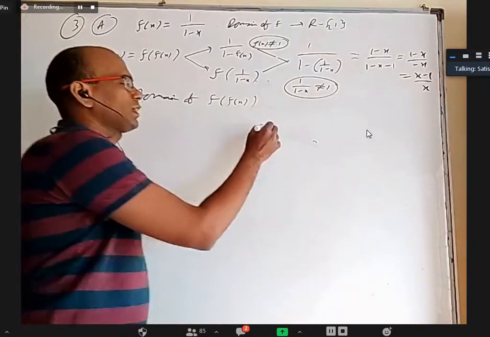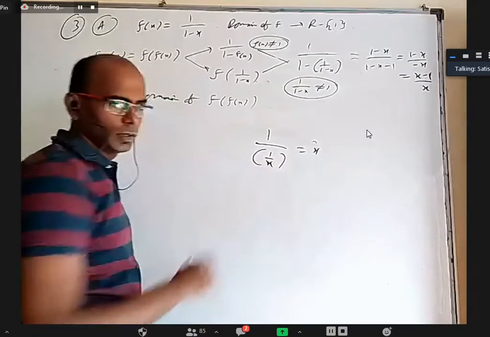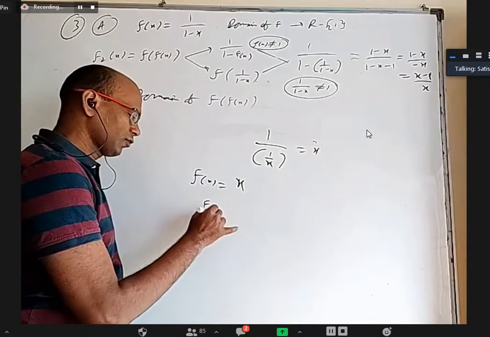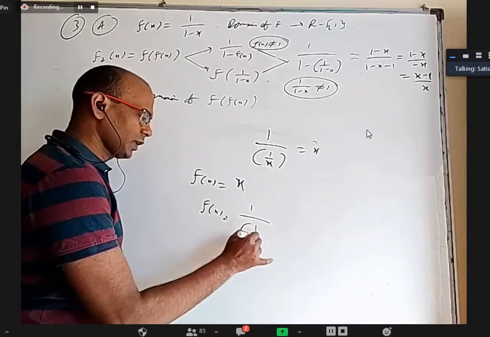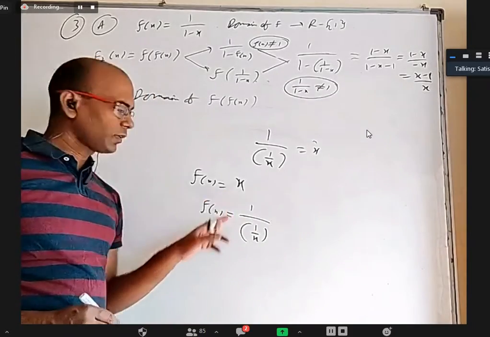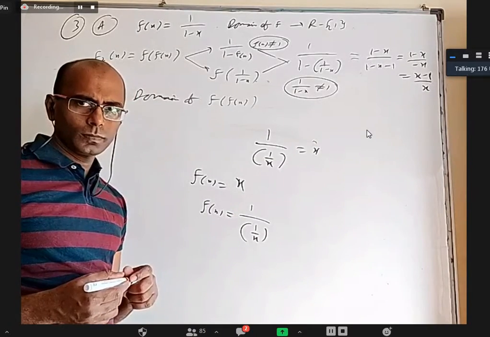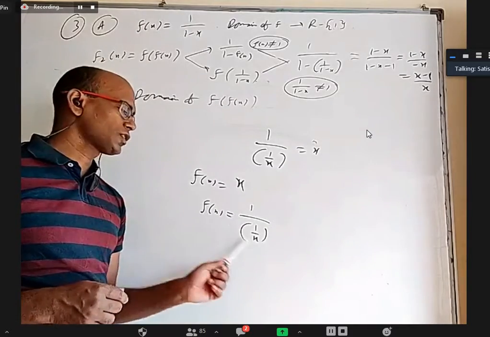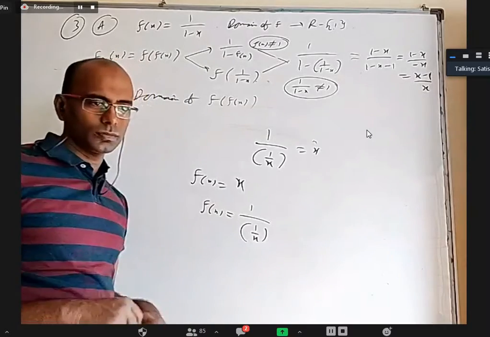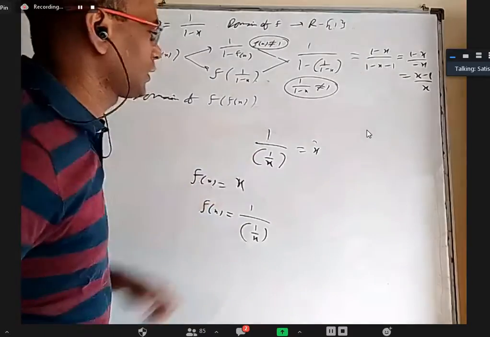This is the same as saying earlier, I used to tell 1 by 1 by x equal to x, correct. But if somebody tells you f of x equal to x and f of x equal to 1 by 1 by x, there is a difference. For this, domain is all real numbers, whereas for this the domain is all real numbers except 0. 0 is not defined. You cannot say I'll take it up. You can take that up only when x is not equal to 0. When x is 0, you cannot even do that. Right? Okay. So the same thing here.